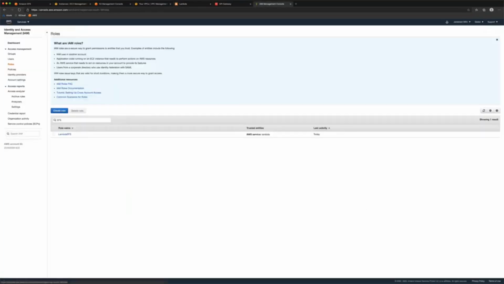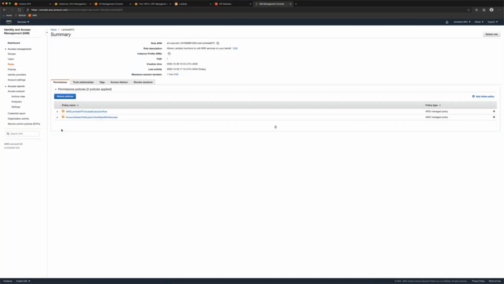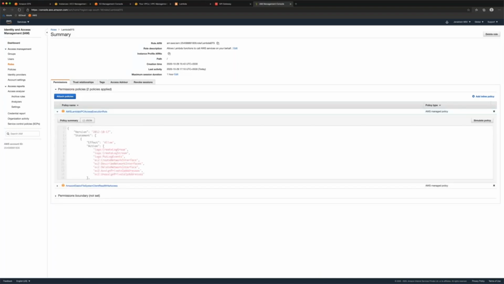So here is my IAM role called Lambda EFS. And this has two important policies. One is the Lambda VPC access execution role. What it basically does is it gives access to the logs, because ultimately we want to access the logs through CloudWatch. So we need that.